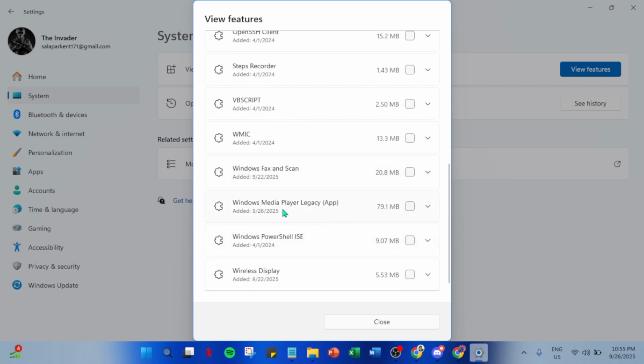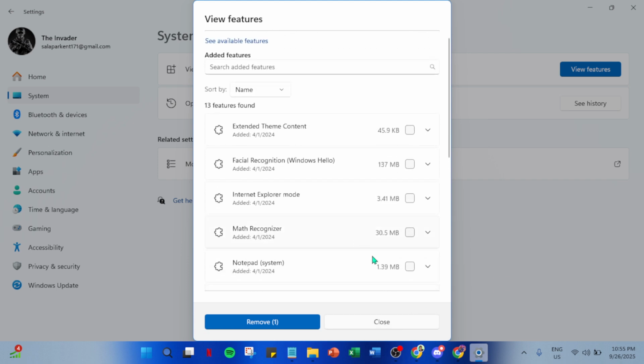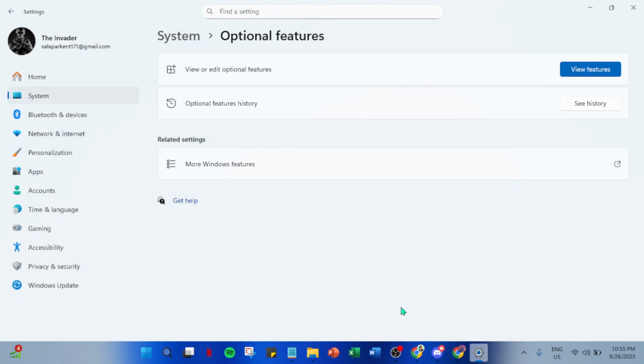This instructs your system to reinstall Windows Media Player, equipped with the latest updates and configurations. The final step after reinstallation is to restart your computer. Restarting ensures that all changes take effect and that the media player is successfully integrated with your system settings. It might seem simple, but restarting is an essential troubleshooting step that refreshes system processes.